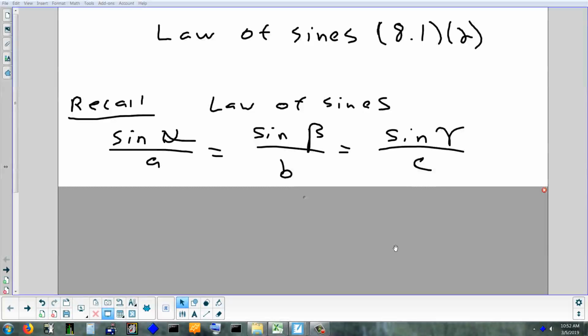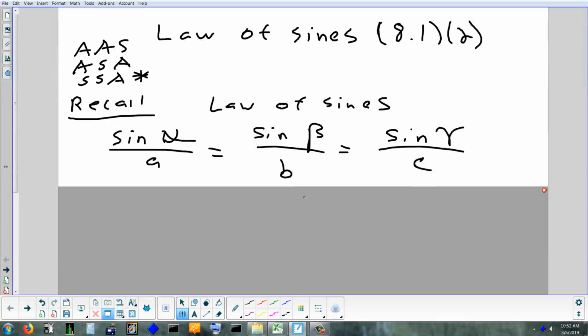Okay, so last time we left off with law of sines. The two cases we've already covered are when you know two angles and a side, and when you have two angles and a side again, but this time the side is between them. In the last case we were in the middle of